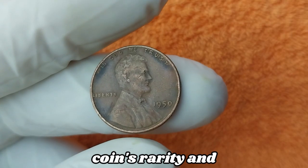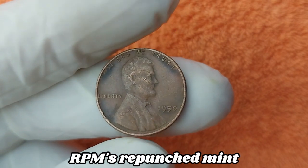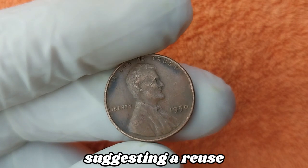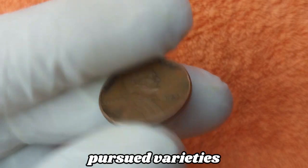the coin's rarity and value, not to mention the role of mint mark anomalies where coins show misplaced mint marks, RPMs, repunched mint marks, or even anomalous mint marks like an S over D or vice versa, suggesting a reuse of mint dies or improper punching, and these RPMs are some of the most hotly pursued varieties in the coin